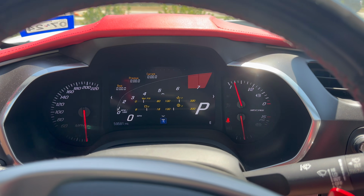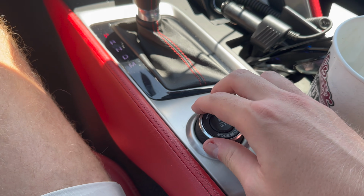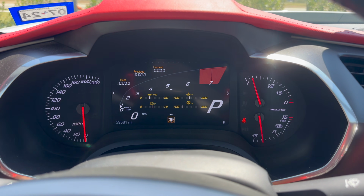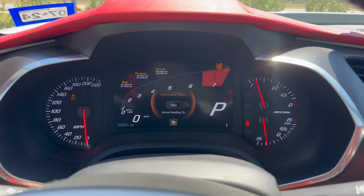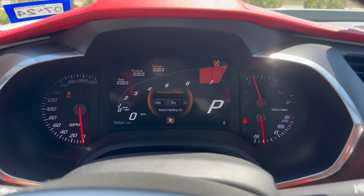Absolutely not. Okay, so let's say you just turn your car on. You're going to move your mode selector over twice to where you're in track mode. Now the traction control button in the middle of the dial, you're going to press 1, 2. This is going to bring up your performance traction modes. These are your extra modes inside of track. You have wet, dry,